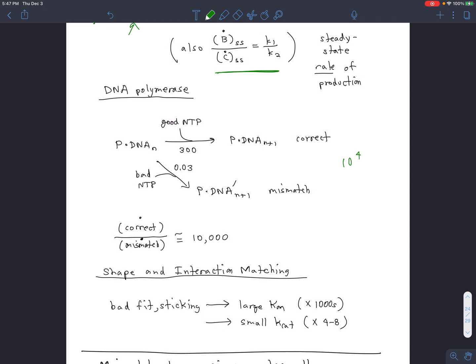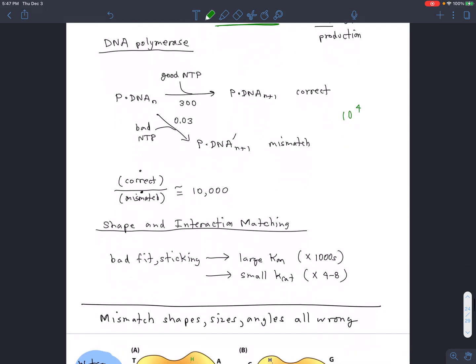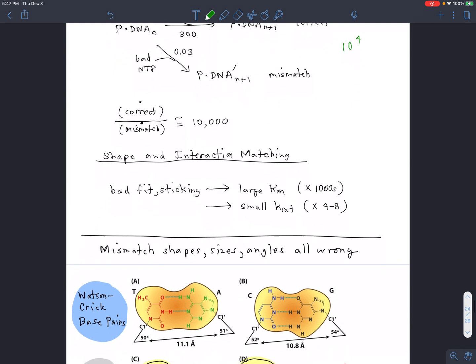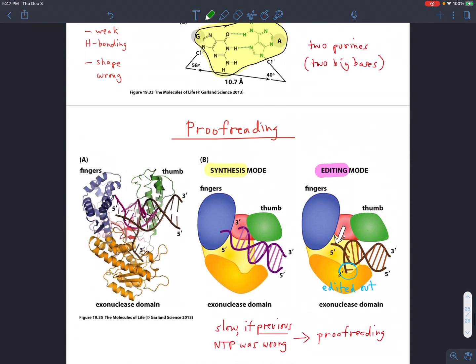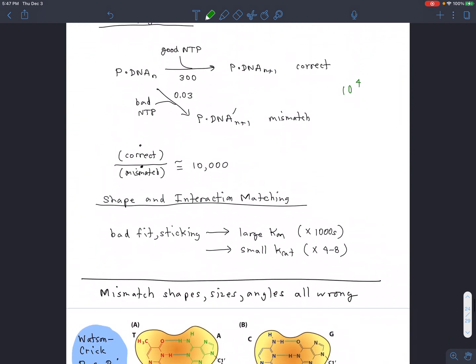But viruses aren't even alive. It's not good enough even for a bacterium. Certainly not good enough for us. So you've got to do better than that. The answer to that is proofreading down here. We talked about that, and I'll come back to that in a second. But before we do that,